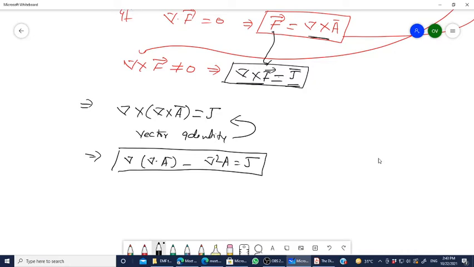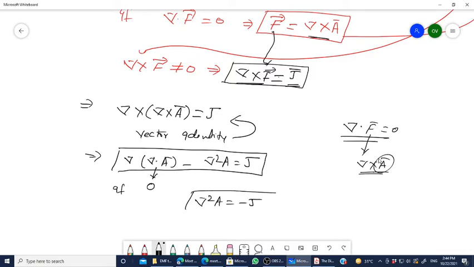So remember, now look carefully. At any cost, you said earlier that the divergence of the vector field is equal to 0, we already decided that, and therefore we can represent this vector as a curl of another vector. And here we have taken the divergence of the curl of another vector. If at any cost this becomes 0, then the equation turns into this equation, and this equation you already know.